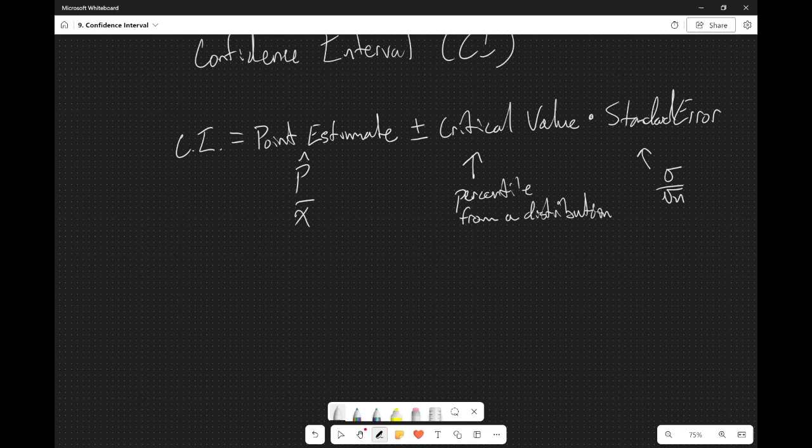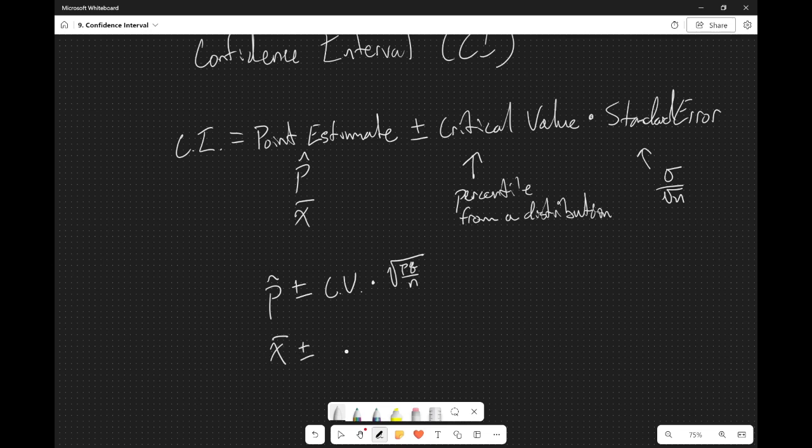So that means if we're talking about a population proportion and we're assuming normality, it'll be okay. So this critical value will abbreviate CV, and we'll talk about that in just a second. And then the standard error will be square root of PQ over N, because that represents the standard deviation of a population proportion. Then over here, if it's X bar, we're going to do plus or minus a critical value